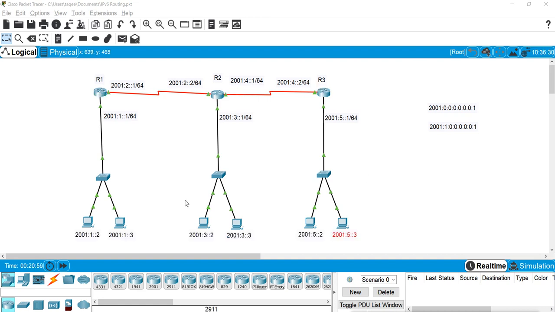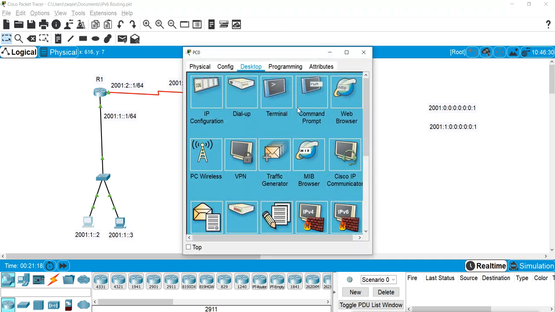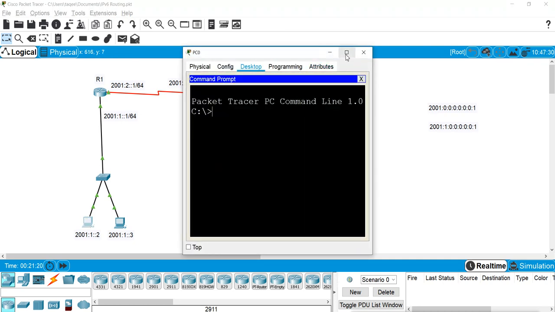So now on these host machines, I have used the same subnet IP here. This is 2001 colon 1. This is also 2001 colon 1. 1 is here, the first IP, then second and third, same as on these other machines. Now we'll try to see whether they are connected or not. We'll go to the machine, go to the command prompt, and use ping.